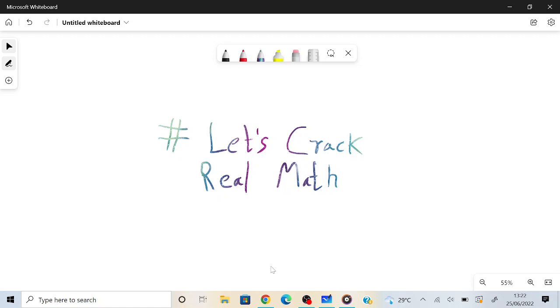Let's crack real math. My name is Viraaj, and in this video we'll be having a look at how we can complete the square of an expression. And we'll also be having a look at how we can use that to simplify expressions and